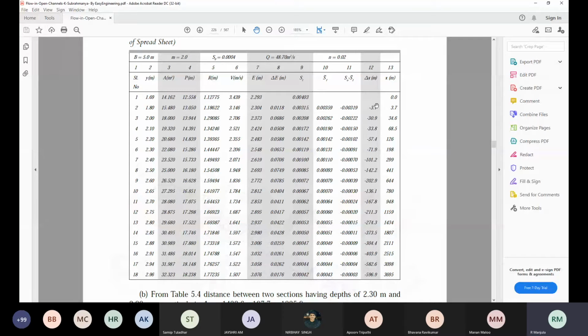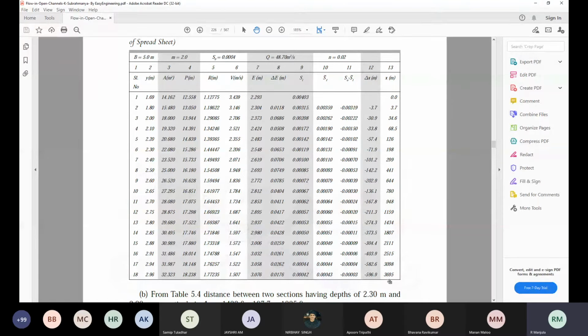Now this is going to be 3.7 meter from the extreme control section. Control section is 1.6, so you are going from downstream to upstream. When you are going upstream, you are increasing the delta X: 3.7 meter, 30.9, 33.8. Now what is going to be your X? Initially it will be 0. Then you have to add cumulatively 3.7 plus 30.9 plus 33.8 plus 57.4. If you keep on adding, you'll be getting the total reach.